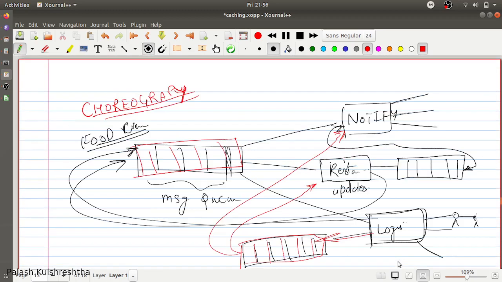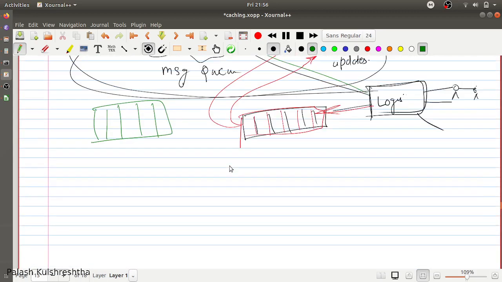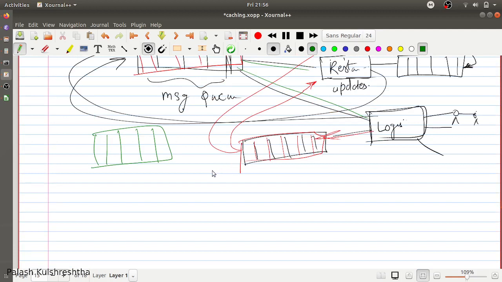There are drawbacks to everything. Similarly, there are drawbacks to the choreography pattern as well. So, for example, when this system grows, it is going to create a mess, because as the number of services increases, the interactions between these services can get very complex to understand. Second thing, it runs fine when the dependence between systems is not cyclic, or rather when there is no multi-dependence between the systems.